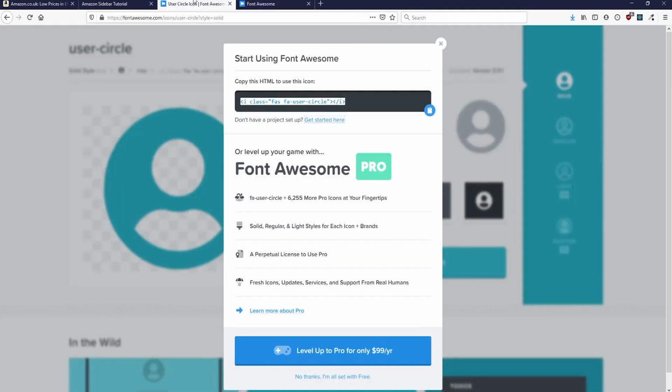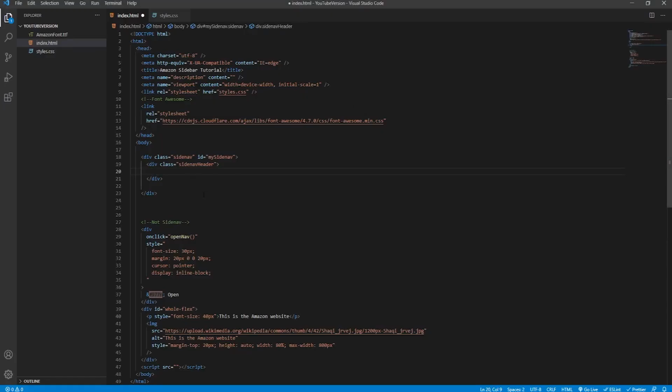And what this is, it's actually a Font Awesome icon. Well, I don't know if theirs is from Font Awesome, but we'll be using Font Awesome's icon. I'll post a link to it in the description, so we just copy the icon there, but obviously this isn't going to work